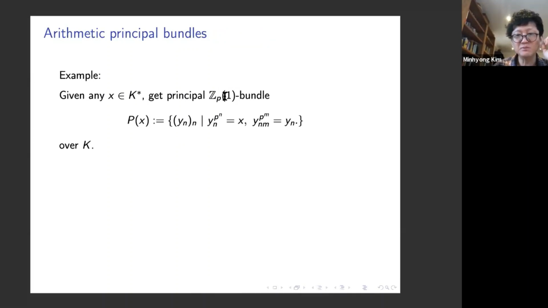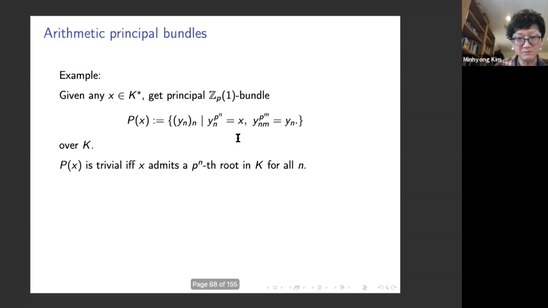So we had this Z_p(1) a moment ago, which was our R. How do you get the principal bundle? You fix any non-zero element X inside K and consider p-power roots of that instead of 1, a compatible system of p-power roots. So that's a principal bundle for Z_p(1) because, of course, the p-power roots of unity were permuted at every level. And so it's easy to check that this is trivial if and only if X admits a p-power root in K for all n. So that's a kind of non-trivial